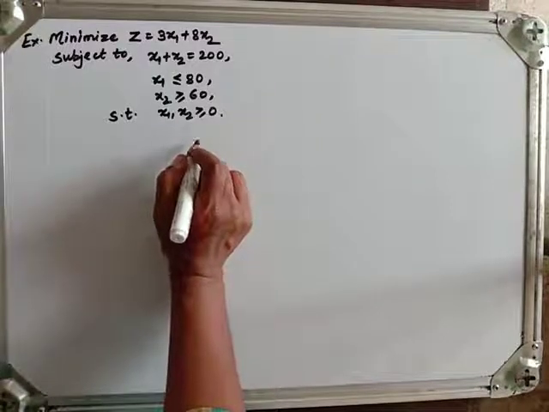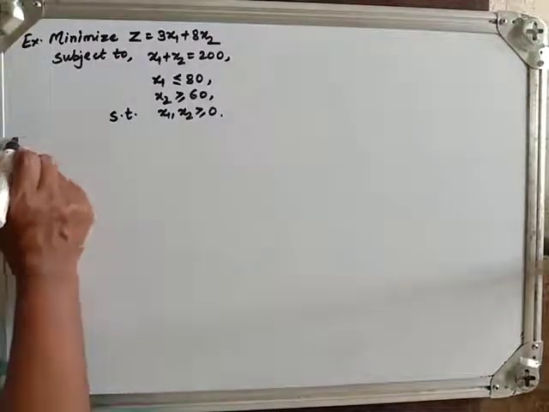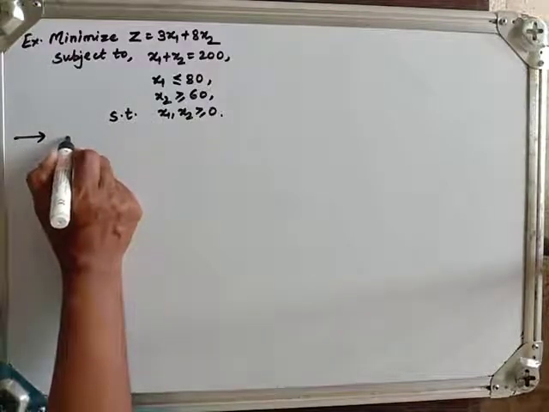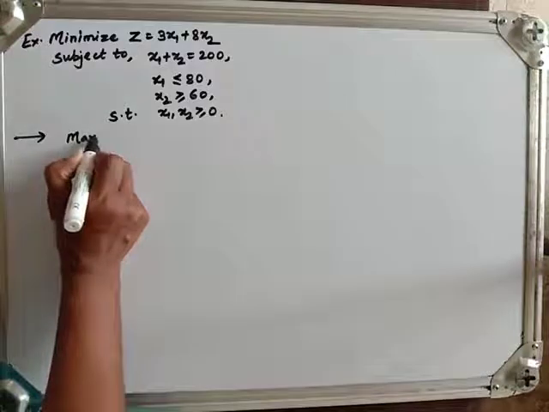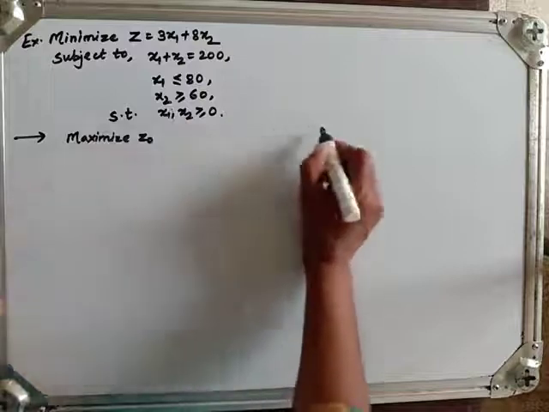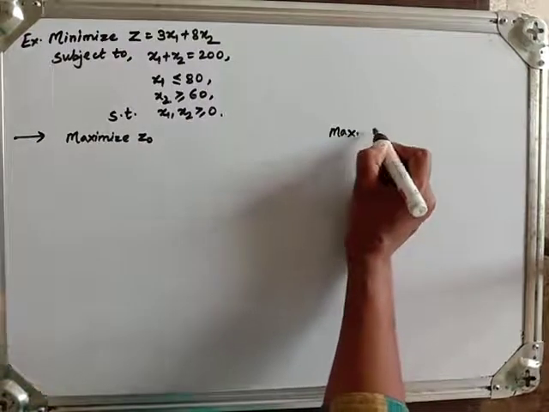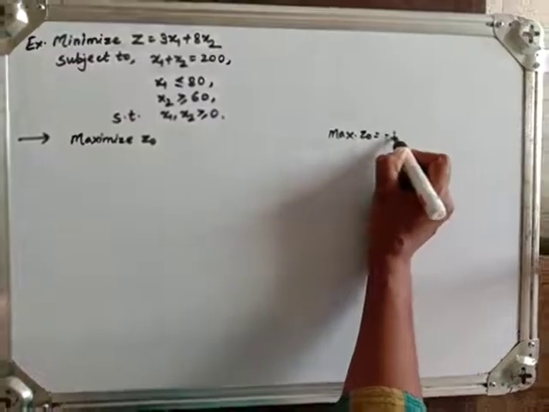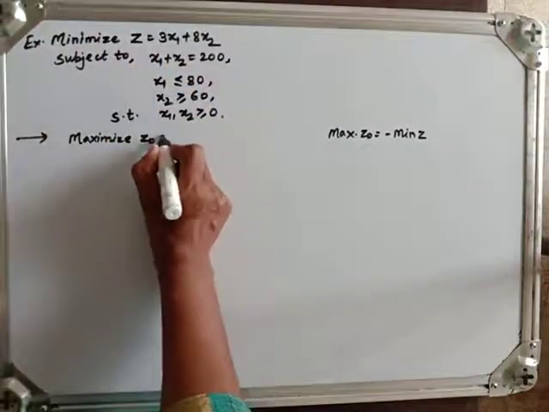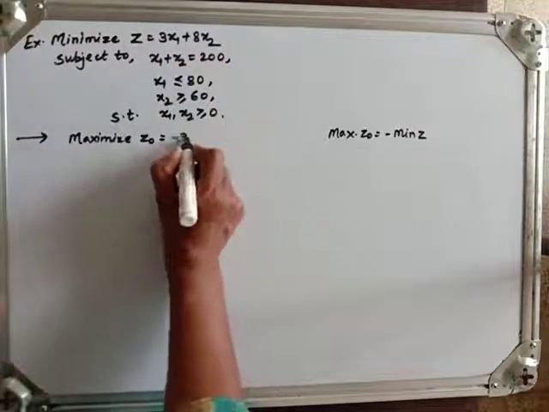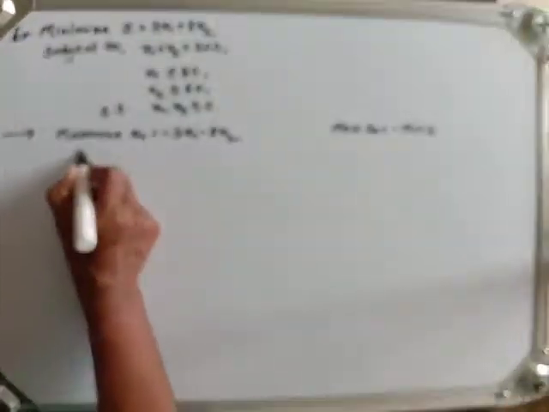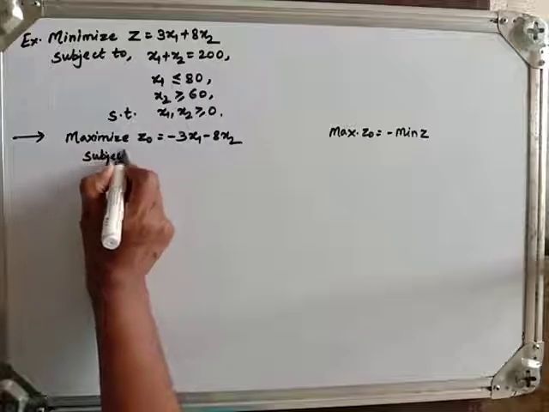Now first of all, let us reduce it into a maximization type as we saw in the previous video. So it can be written as maximize z0. You know, maximize z0 is the same as minus minimize of z. So here it is minimize of z, so maximize z0 will become minus 3x1 minus 8x2 subject to, now the constraints remain the same,